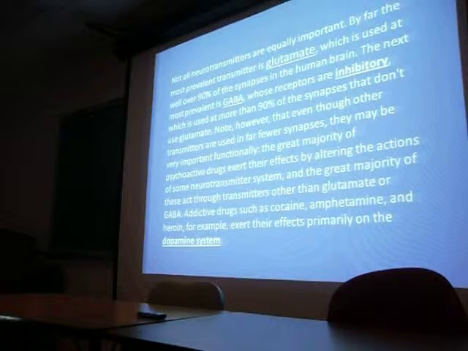And this is just, again, to state that glutamate is the major transmitter in the brain. Over 90% of the synapses are